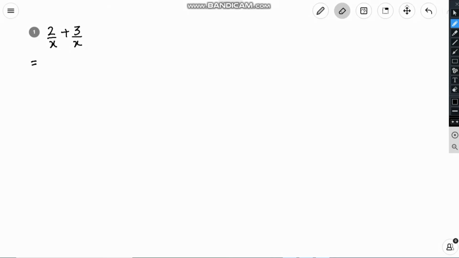As in the previous video, we have discussed simple fractions having the same number in their denominator. We can solve the rational expressions in the same way. So what was the method? The method was that as the number in the denominator is same, so just place the number here. It is x. Now take the first fraction, that is 2 by x, multiply it with the number written here,